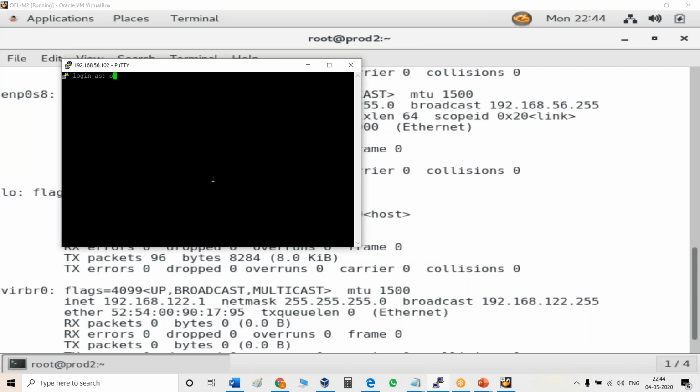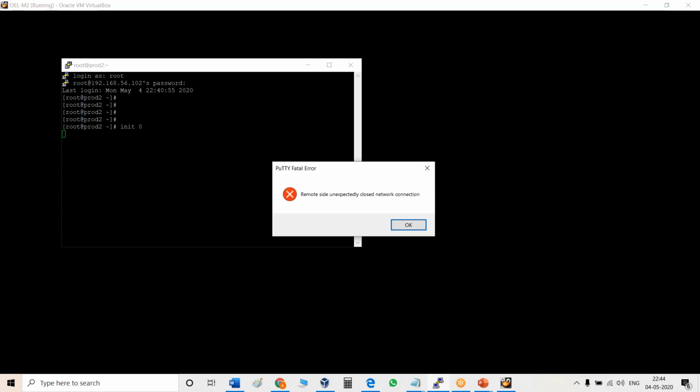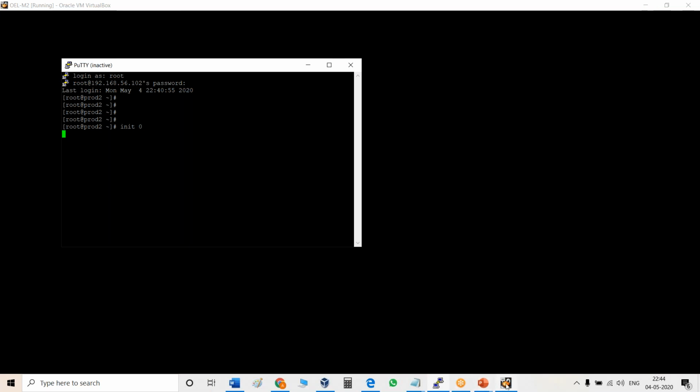So see, connect, root and password. So good to go. Okay, so if suppose I shut down from here, so can you check? So see that the machine is shut down and connection lost.